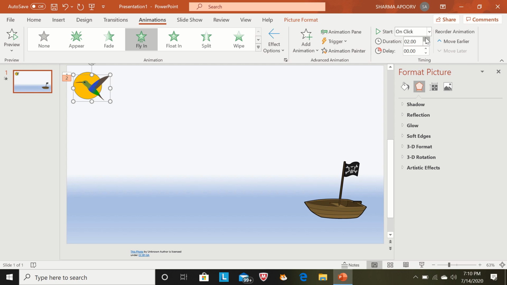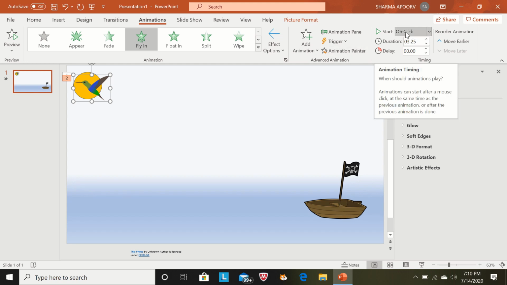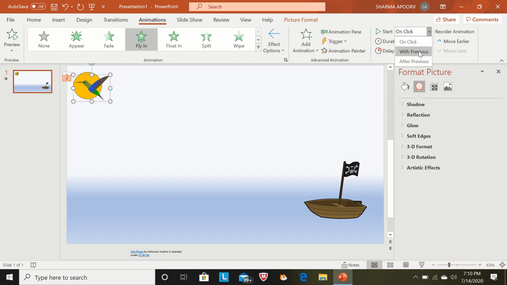Increase the duration to slow down the speed, and now I select With Previous. With the previous effect it will also run.